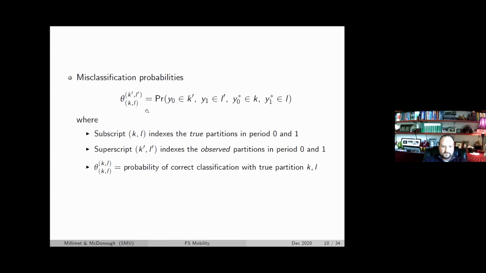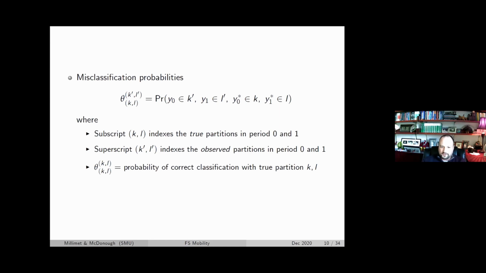All right. So to do that, the first thing we have to introduce is these misclassification probabilities. The notation gets a little bad, but everybody can follow along. We have these thetas that are misclassification probabilities. Obviously, it's much more natural to think about misclassification as a conditional probability. What's the probability that I'm really in this particular cell, but somehow I misreport and I show up in a different cell? So we tend to think about misclassification conditionally.